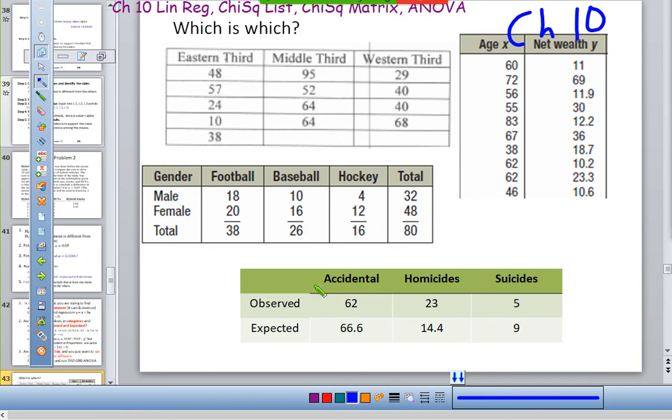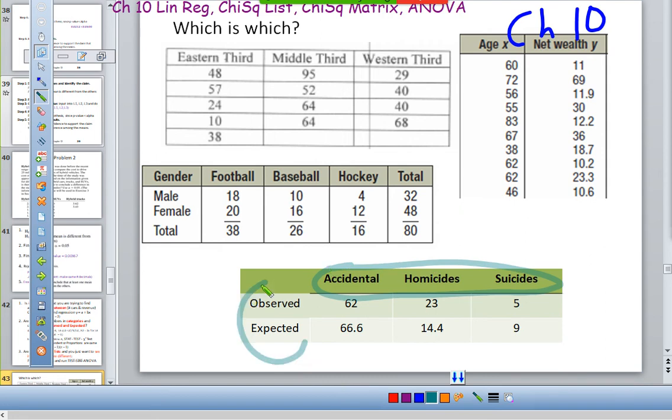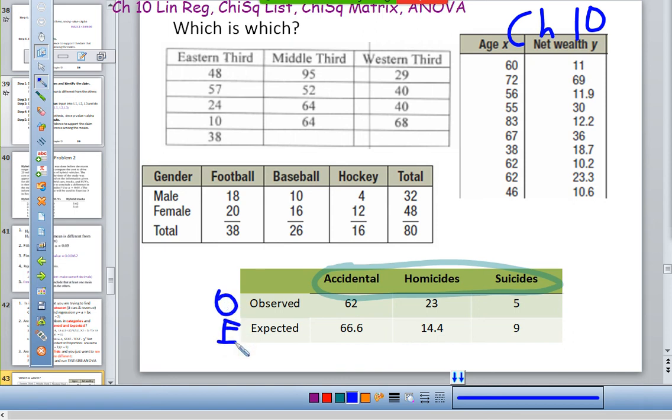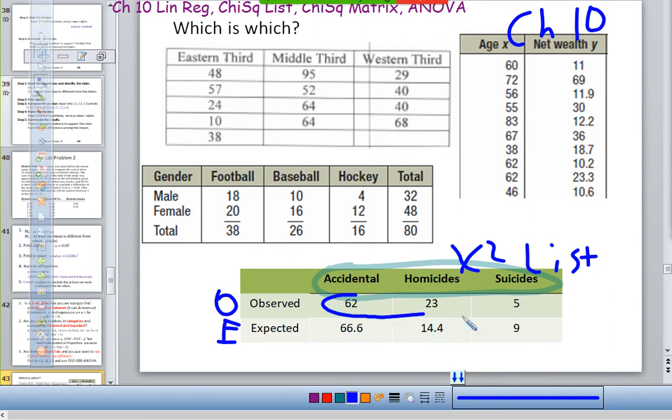All right, so one might say, okay, well, I've got labels here and I have labels there, so maybe it's a matrix. Except the thing about it is, I have labels and labels, so it's definitely chi-squared. But my labels are observed and expected. They're not actual real labels. They're just observed and expected. So this would be a chi-squared list. Do you guys see what I'm saying? Because really, these are my only